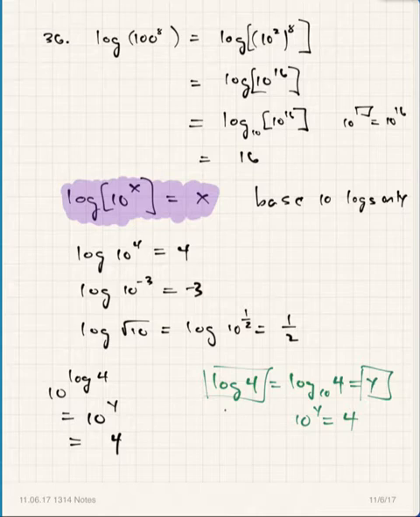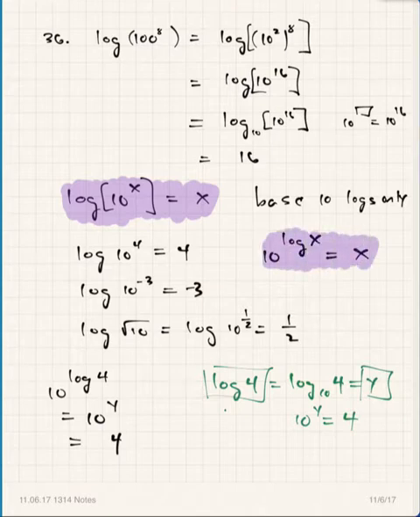It goes like this: if you have 10 raised to the log of x power, you get x there also. And those two statements together show that what you're doing is applying the base 10 exponential expression and a base 10 logarithm to x, and they're canceling each other out. This is an example of what we call inverse cancellation.